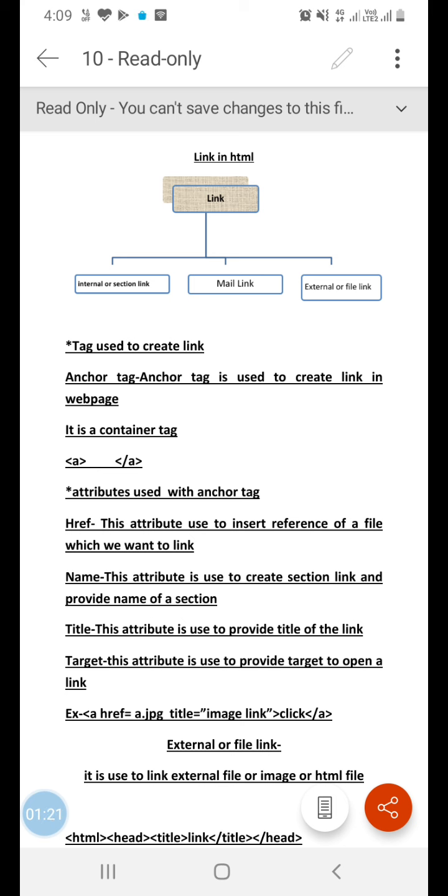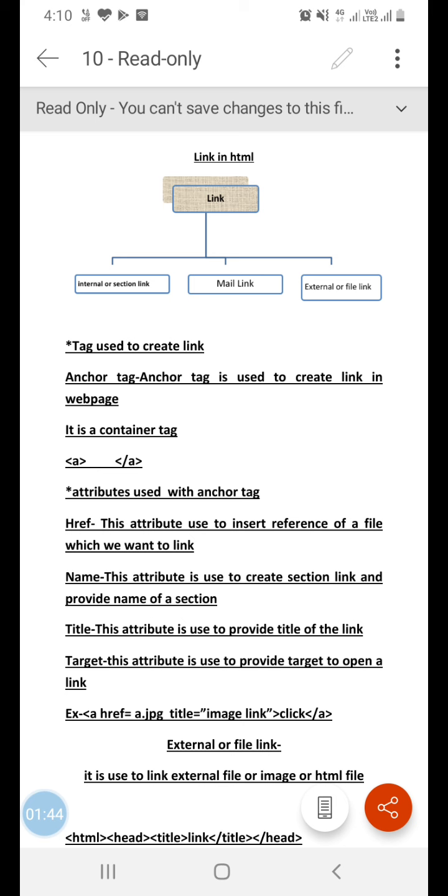There are different attributes used with the anchor tag which help us to create our link and manage it properly. The different attributes used with the anchor tag are as follows. First, href. Href stands for hyperreference.